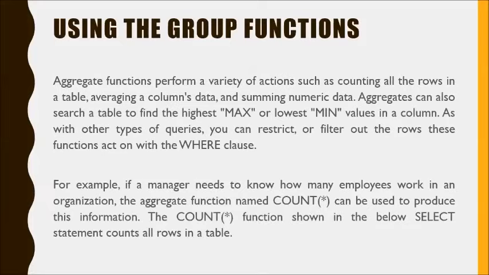So aggregate functions perform a variety of actions such as counting all the rows in a table, averaging a column's data, and summing numeric data. Aggregates can also search a table to find the highest or maximum for max, or lowest, minimum values in a column. As with other types of queries, you can restrict or filter out the rows these functions act on with